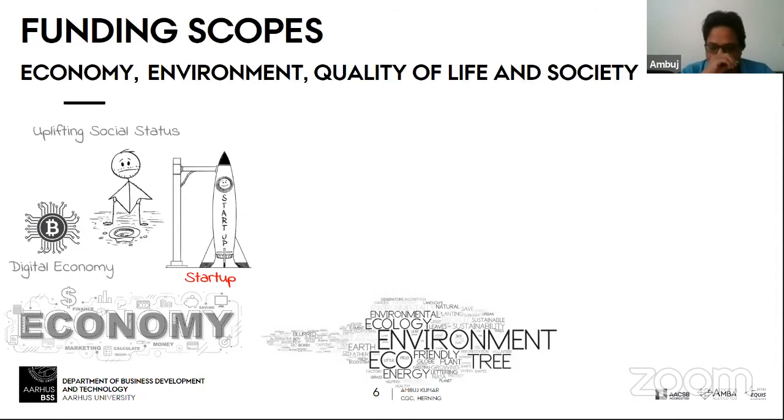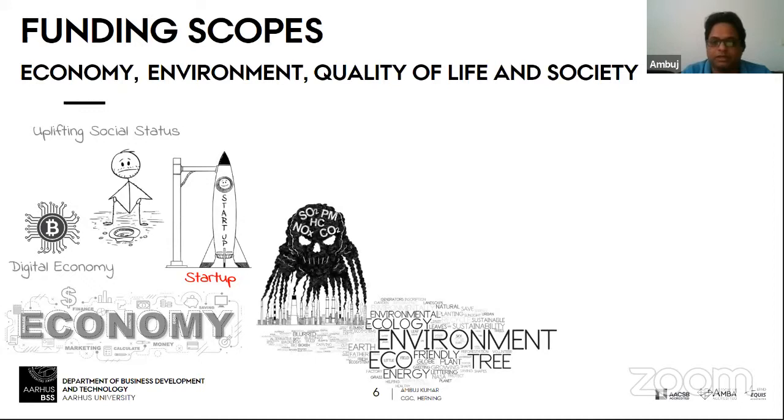And the next is the environment. As you know, this is a very concerning area, a global concern. So any novel or good thing that you have in this area can seek good funding.